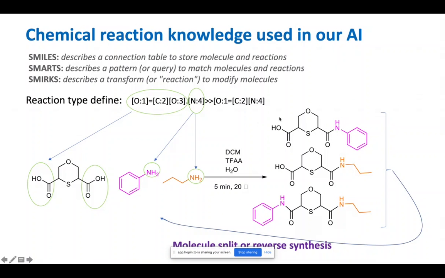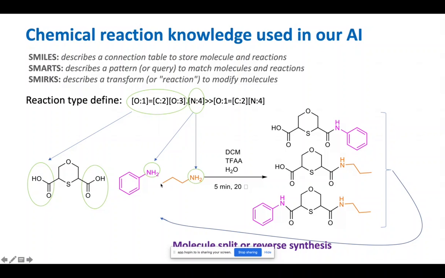So the way to do it is to use existing chemical knowledge. They are represented by SMILES, SMARTS, and SMIRCs for chemical, this formula for chemical reactions. The idea is the following. Let's say you have these existing compounds, and then we can break them into meaningful units. Each unit has some basic standalone chemical features. For example, you cannot break a benzene into half because half benzene is not meaningful. So you can have these groups and then recombine these groups to form additional chemicals.